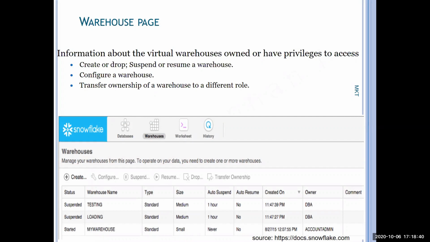The charges will be taken into account only for the running time, right? If you are not running a warehouse, the charges will not be there. And if you are not running a warehouse, you are not able to execute any queries. So your charges will occur only when you are running and executing a query. That is how you can save. It is more cost effective actually, right? You can save a lot of money over there. Warehouse ownership can also be transferred to another role.